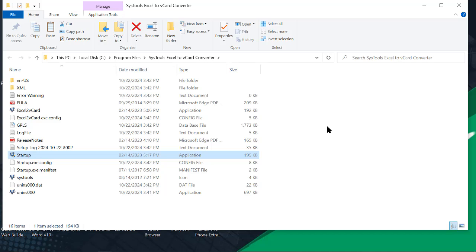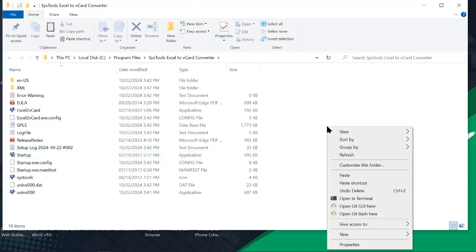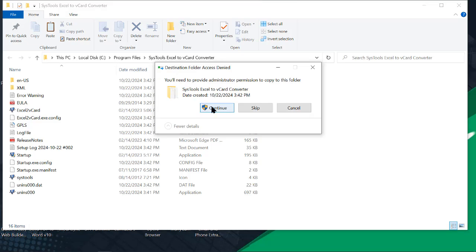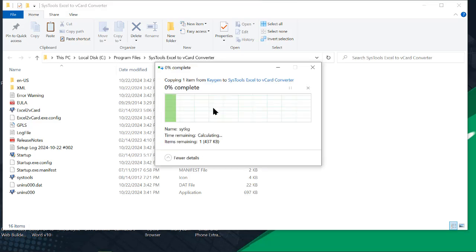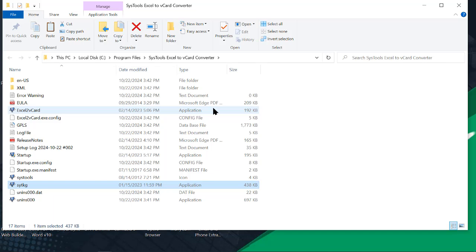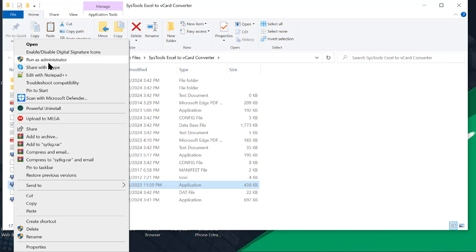Then you have to paste the file you just copied. You paste it here, which is the keygen, then click on continue. Alright, we have just pasted. Now next you want to right click on the file we just pasted and then run as administrator. Okay, you click yes,